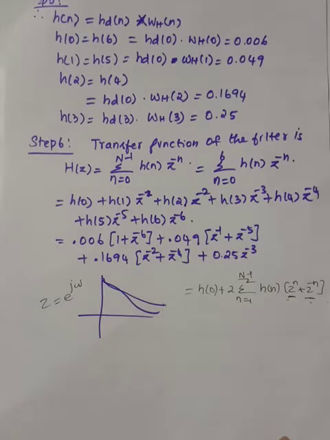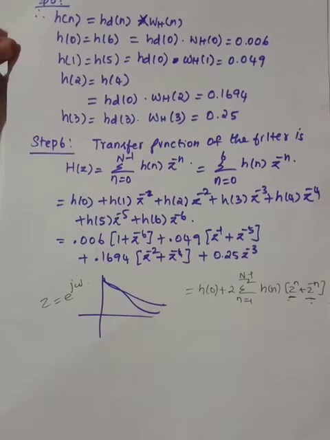The only place where we need to incorporate non-causality and causality is the second step, that is in truncating. We need to see whether it is a causal or non-causal sequence. Then selecting the window, you have to see whether it is a causal or non-causal sequence. If it is a non-causal sequence, it lies in both ranges, that is mod n less than or equal to m minus 1 by 2. If it is a causal sequence, it is 0 to m minus 1. So that is the procedure to find this.